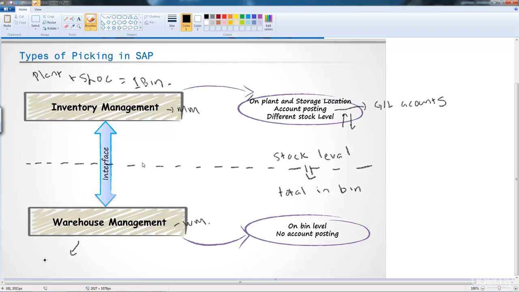And this is slightly different on the warehouse management. In the warehouse, we can have multiple bins for one material, and that is a big driver where you want warehouse management. And you can also transfer the material from bin to bin using a transfer order. So the biggest driver for people when they want to decide whether they want to use inventory management or